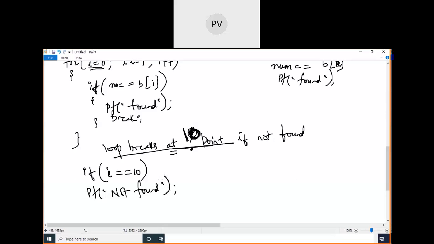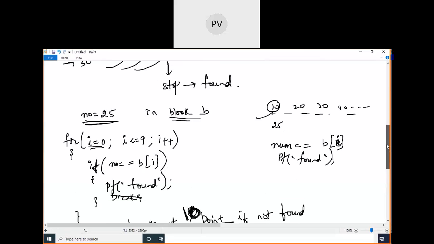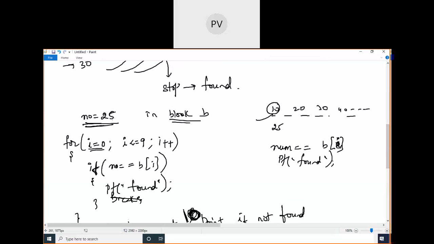Ma'am, we can write else also, no? If you write else, where? Here? Outside or inside? Instead of break. Okay, if I don't break, what will happen? Even if it's found, it will go on continuously through all the 10 cells. If I'm searching for 20, 20 is found in the second step only, but still it will go to the third cell, the fourth cell, and still search. The program is to just search whether the number is found in the block or not. It's not saying to count the